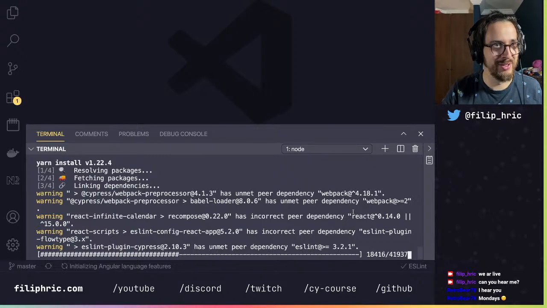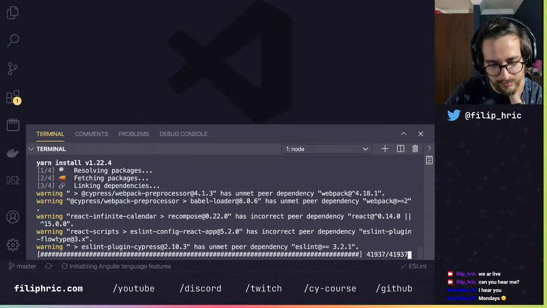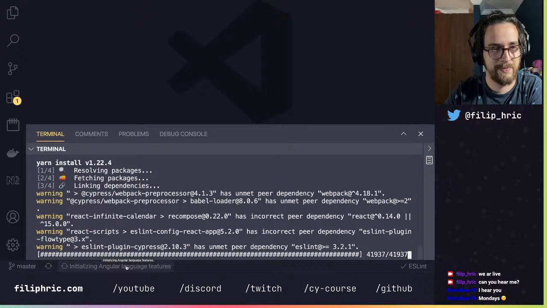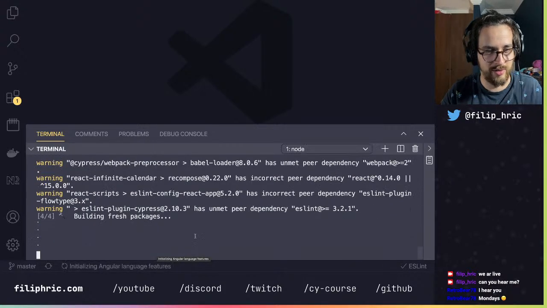I hope I'm not overlooking it. If you do, please tell me. Okay, so it seems like we are installing something, so let's see what happens. Angular language features. Okay, I'm running some plugins here which I probably shouldn't for this project because this is a React project.